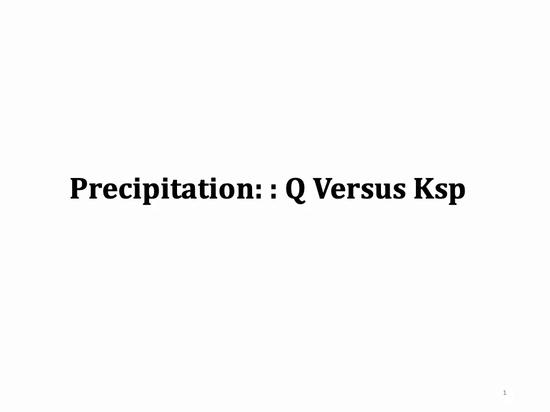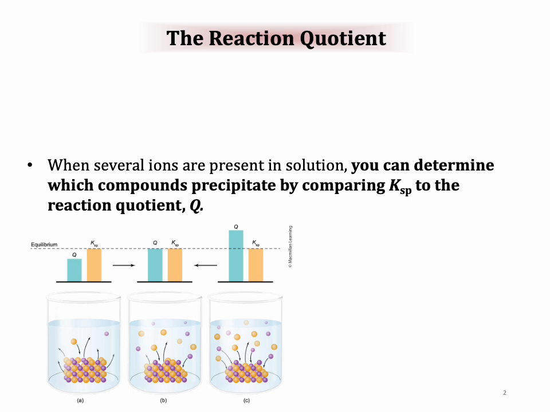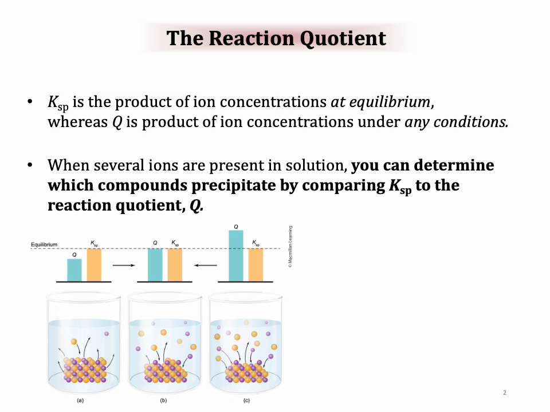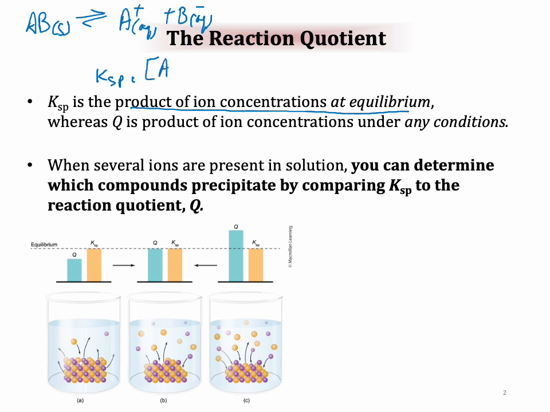Precipitation, and the difference between QSP and KSP. So what is KSP? We know KSP is the product of ion concentrations at equilibrium. If I'm working with AB, it dissociates and gives me A and B ions, let's say A plus and B minus. So KSP is the product of concentration of ions at equilibrium, whereas Q, which is called the reaction quotient,